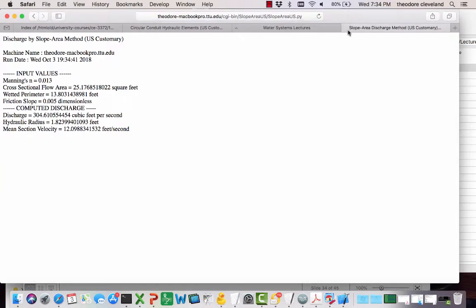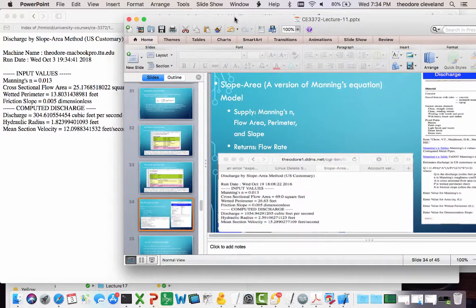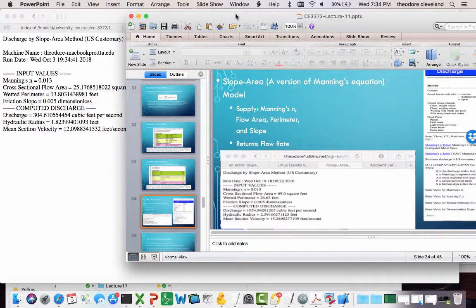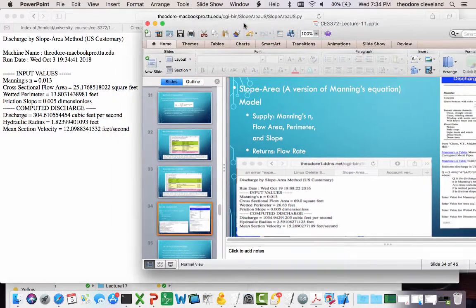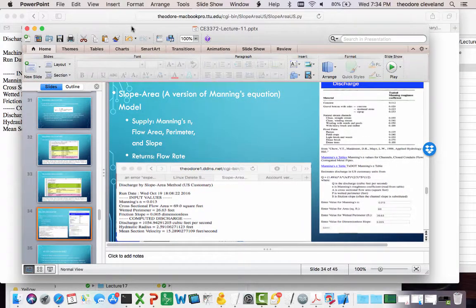And we get our discharge, which it looks like I solved a completely different problem. Yeah, well, I solved a different problem, but that's how to implement the tools. If we want to solve the problem that was there,